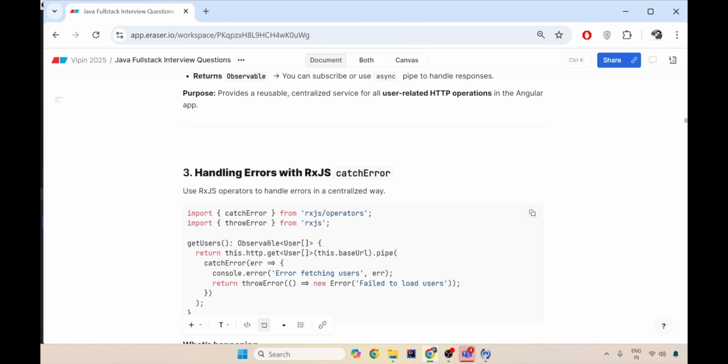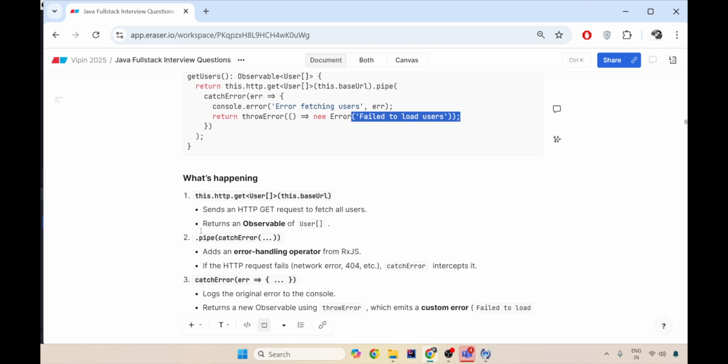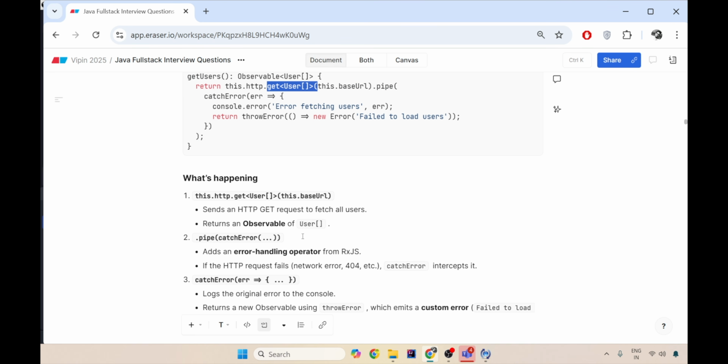So this http.get method gives you an observable. You create a pipe over it and check whether there is an error thrown. If it is an error thrown, throw an error saying failed to load users. So you send the HTTP request to fetch all the users, it returns you an observable. So this get users returns you an observable on which you can open the pipe and add the error handling